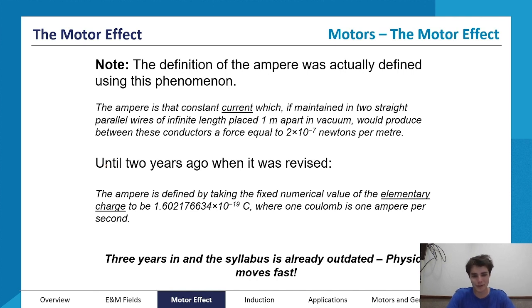So yeah, the ampere is now defined by taking the fixed value of the elementary charge, where 1 coulomb is 1 ampere per second, which is